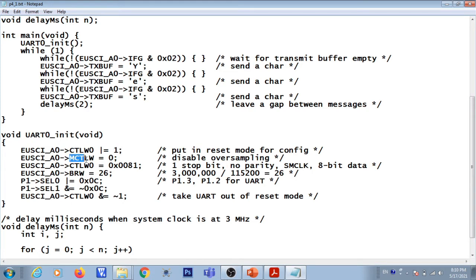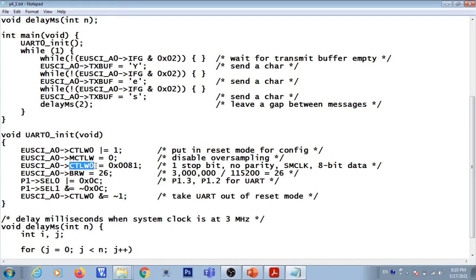Then the modulation control register 0th bit you are making 0. Why? In order to configure low frequency mode of operation and disable the oversampling. So you are using low frequency mode, and the modulation control word 0th bit is 0.